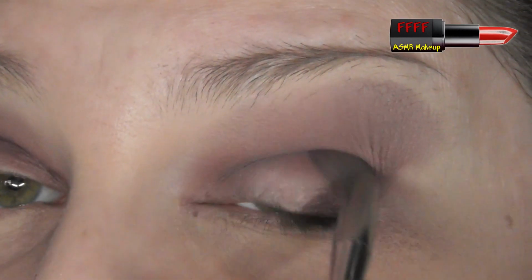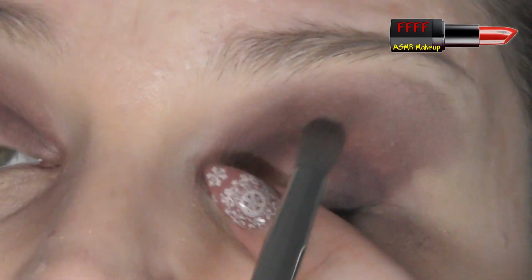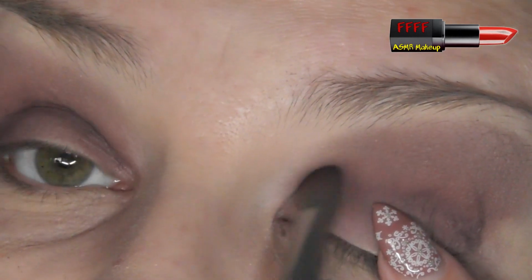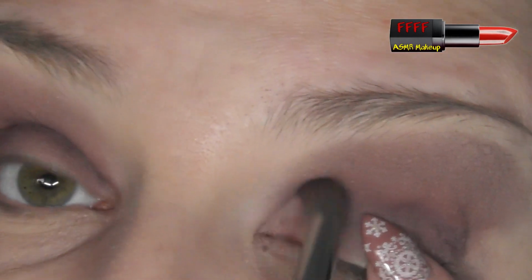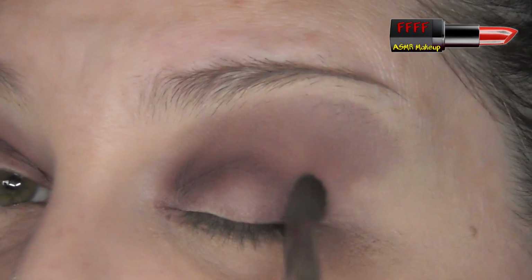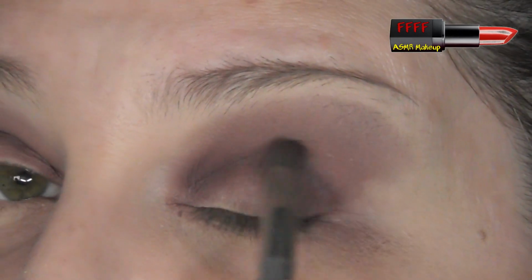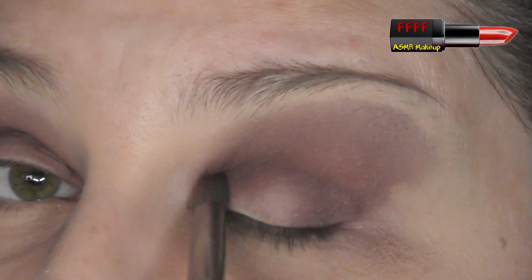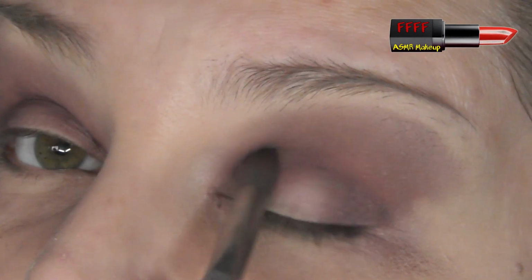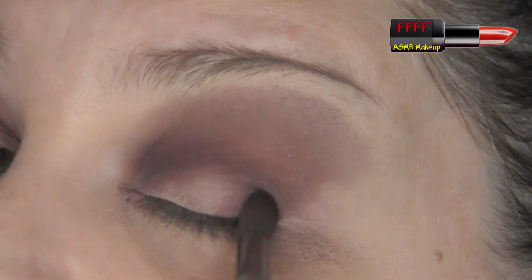Remember, deeper colours, because they have more pigment in them, do tend to take a little bit more blending than lighter colours. That's true regardless of the colour you're using. If you've got a really deep chocolate brown, although browns are the easiest colours to create and to blend, you will have to spend more time blending out a chocolate brown than you would a light stone colour. Alright, so again we're just very gently softening the edges of that deeper line that we put down. Very, very gently just softening those edges,